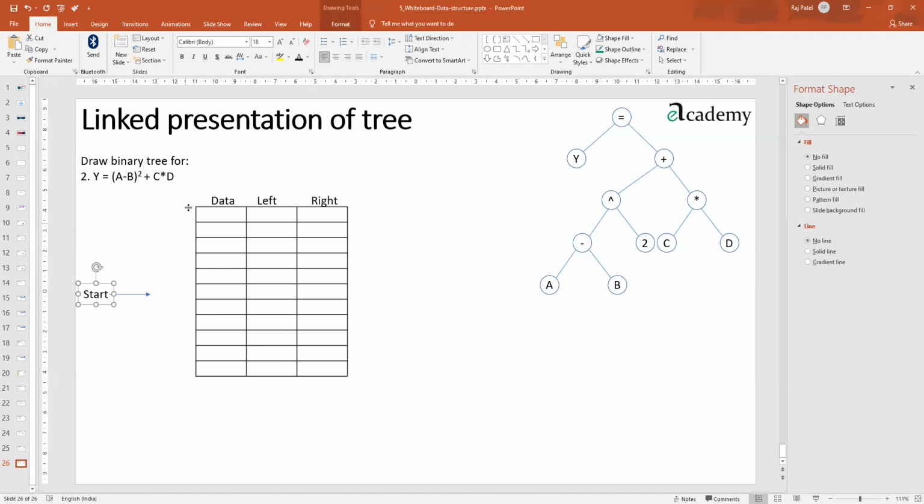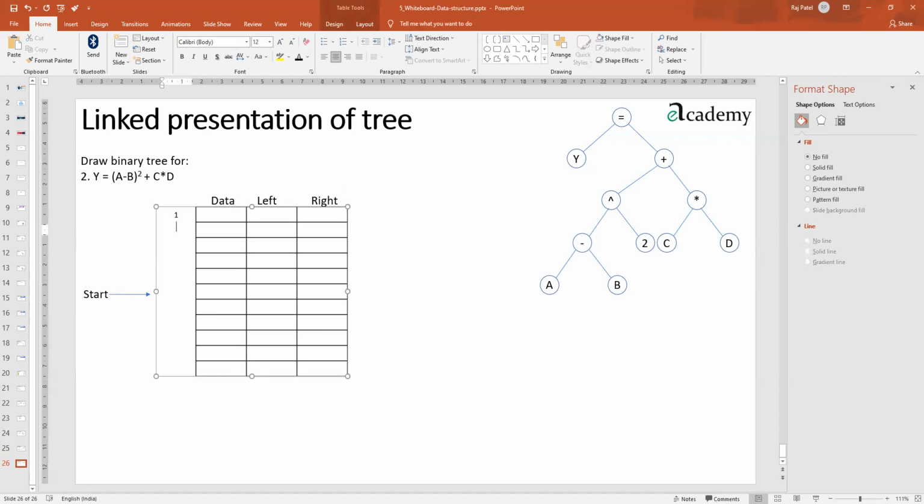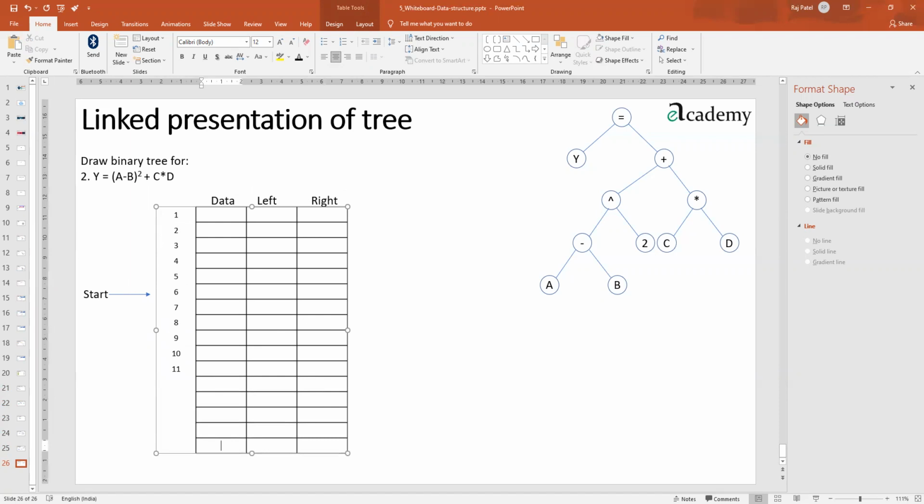What will happen is, here the numberings will be 1 2 3 4 5 6 7 8 9 10 11 and so on. Now suppose you want to start, then you will definitely have to have a root node.